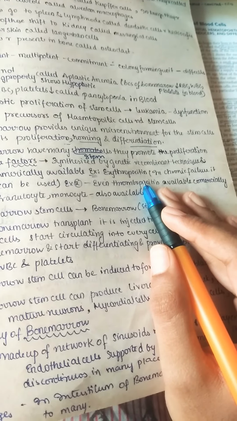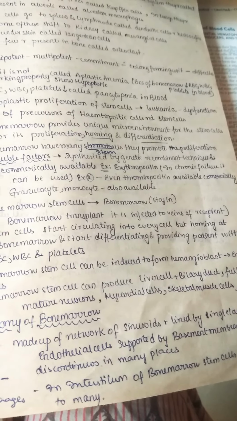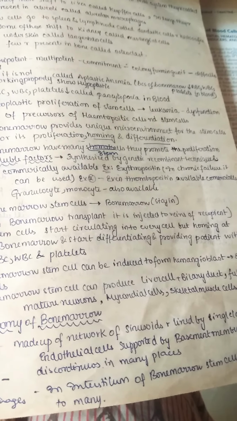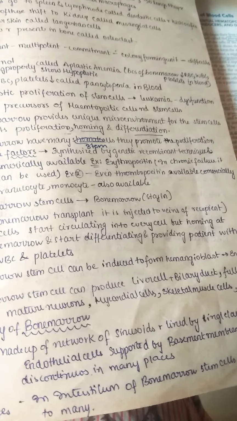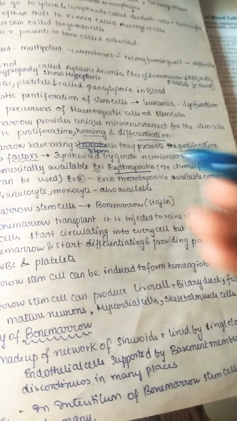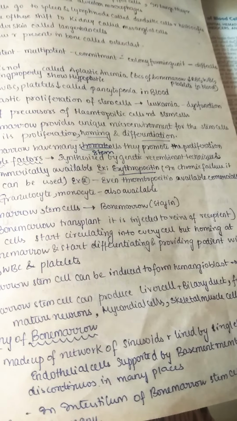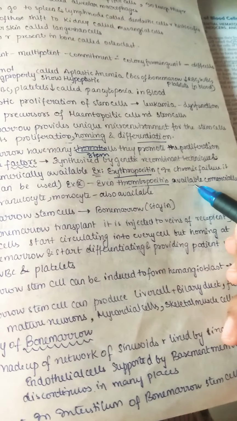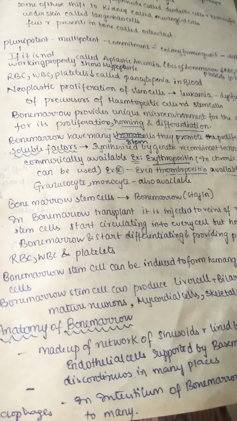In this case it is used because erythropoietin plays an important role to produce the RBC, if it is released from the kidney. We'll see that function also in detail. So if erythropoietin is absent in chronic renal failure, then for sure we should give it by another process, the commercially available erythropoietin. And a second example is that even thrombopoietin is available commercially. Granulocyte monocyte factors are also nowadays available commercially. So in any disease, if they are needed, we can just give it.